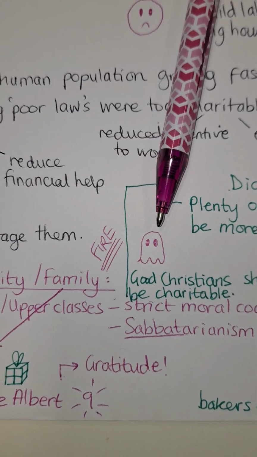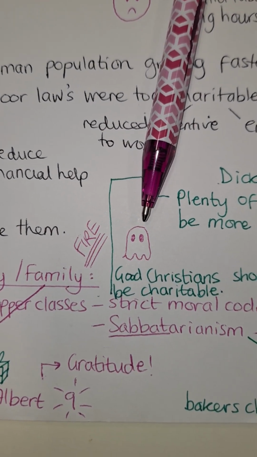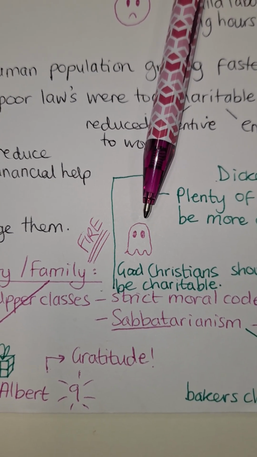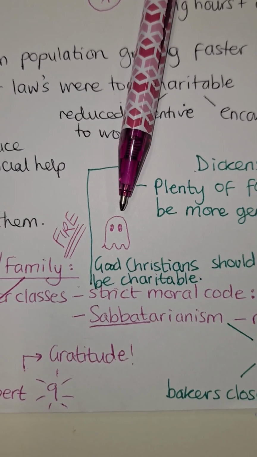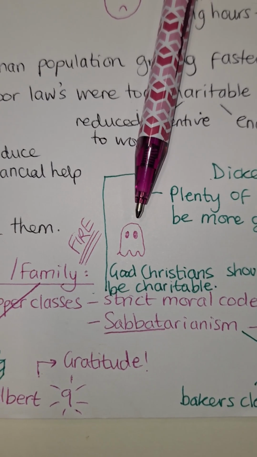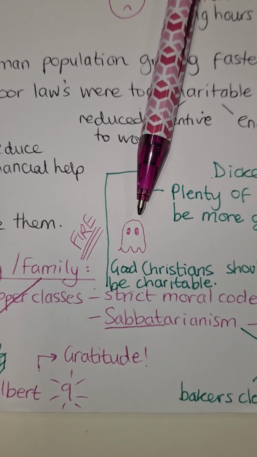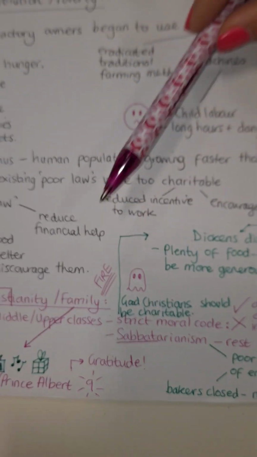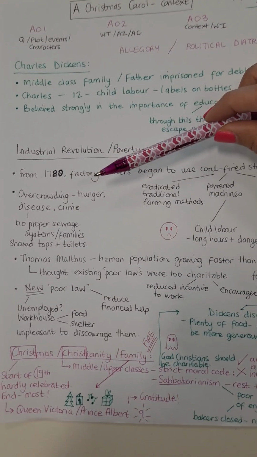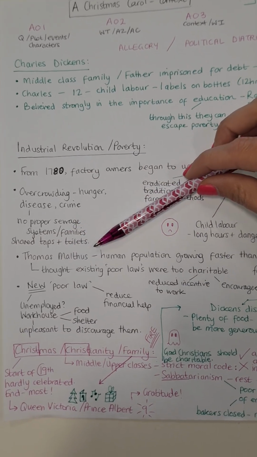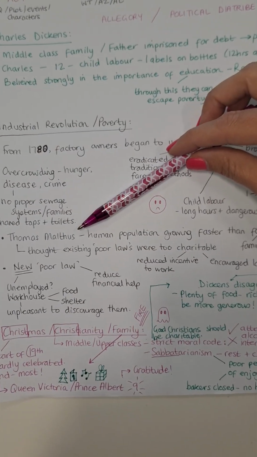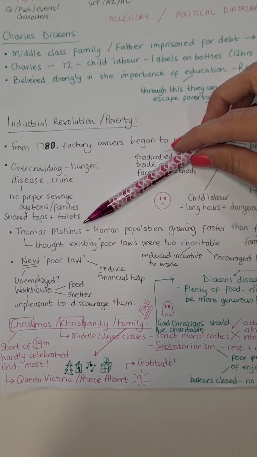So really, he wrote this for the middle and upper classes to make a change in the way that they support and treat the poor. He wanted them to be more charitable. And the only way that he could do it was to kind of manipulate them into doing it. To use Scrooge as a construct, as a message that Thomas Malthus's words are unfair. It's making everyone else demonise the poor.